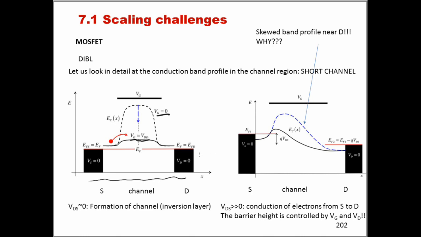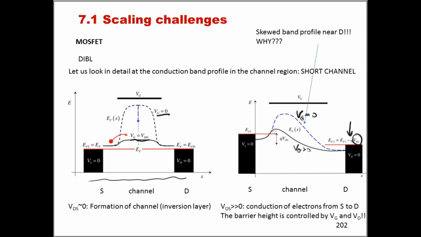But if now we consider the energy diagrams in presence of a certain VDS that is positive in this case, we can see that the drain side has been pushed downward, well, the energy diagram seems extremely deformed, if you like, as compared to the previous case. So again, this is the energy diagram when VG is 0, and this is when VG is positive. So what we see here is this extremely deformed energy diagram,